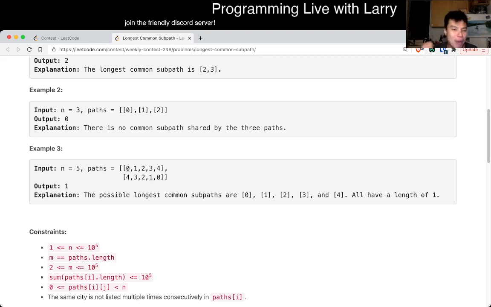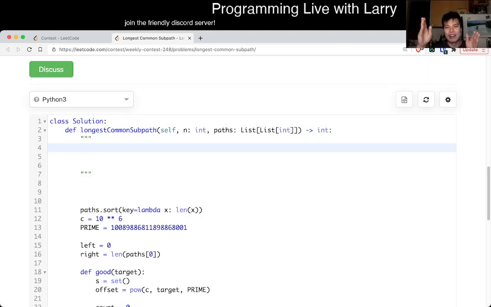Right? And if there's no path of length 10, say, then there's no path of length 11, or 12, or 13, right? Because you can construct that from the paths directly. Because if there's a path of length 5, then obviously that path of length 5 contains the path of length 4. So basically, if you look at all possible answers, it's going to look something like this, where there's a path of length x, there's a path of length x plus 1, until some other number, and then